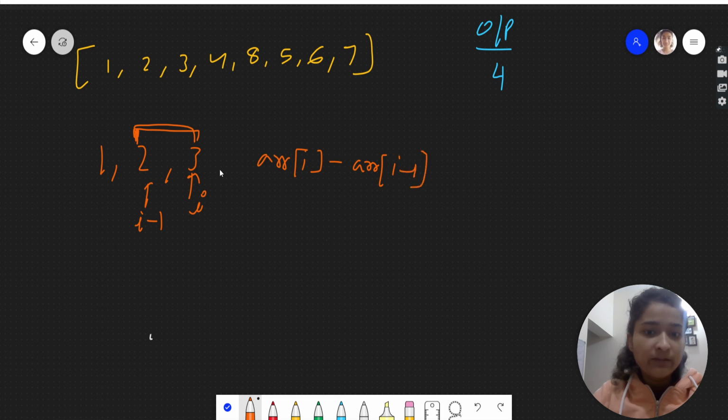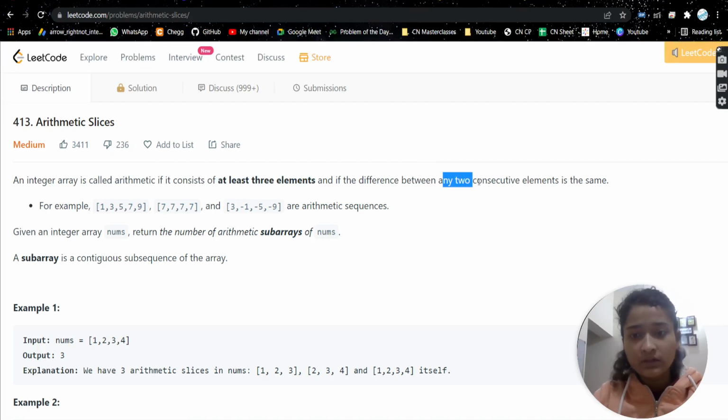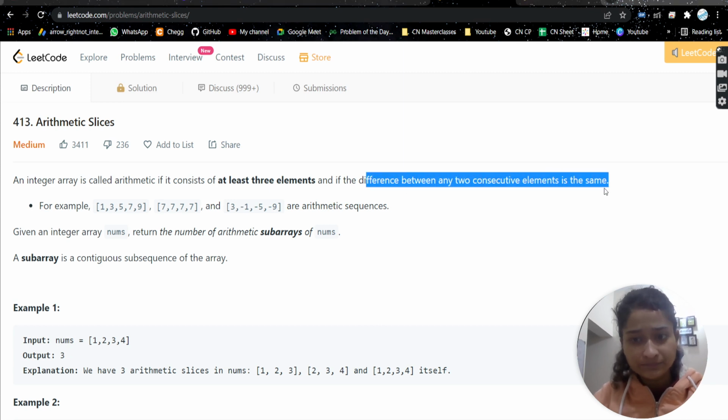Whatever the difference between these two is, that is 1, the same difference should be between these two elements, right? Then only will the consecutive elements have the same difference. That is what we want. Two consecutive elements' difference should be the same.